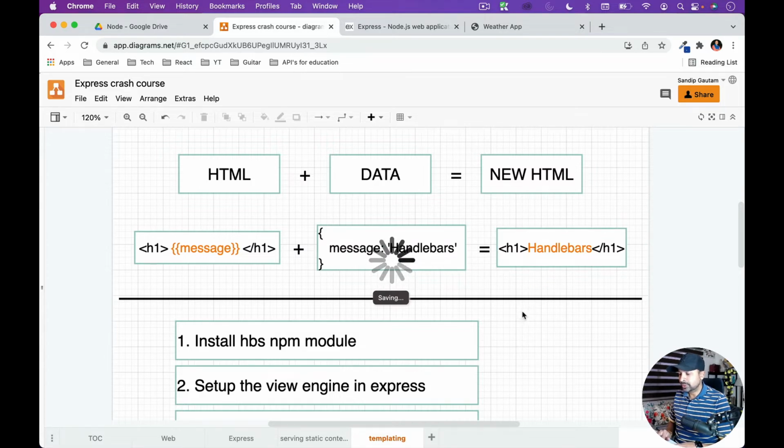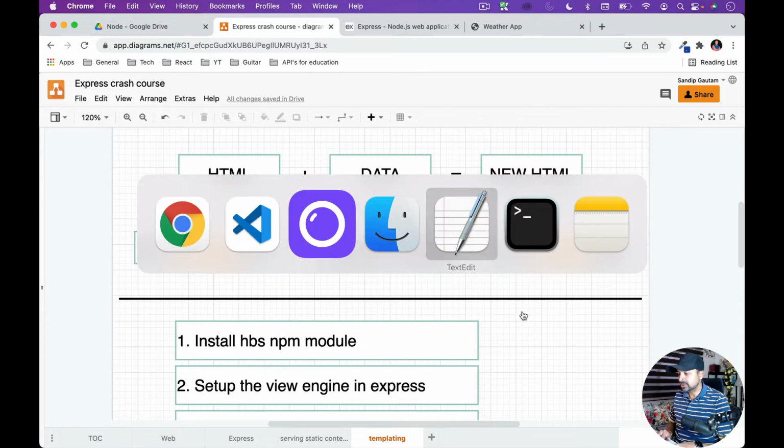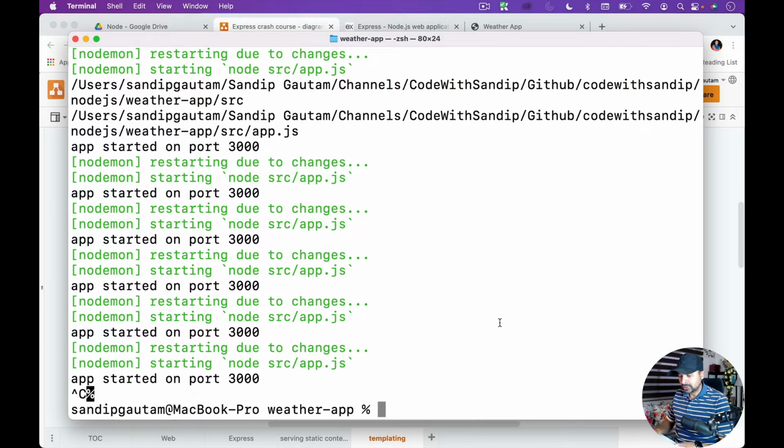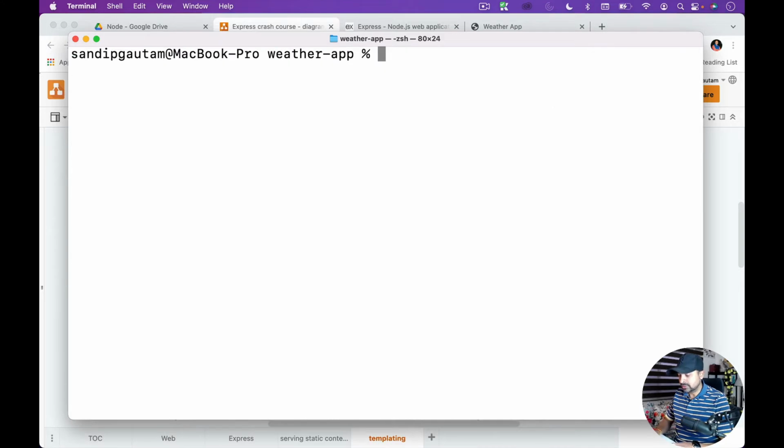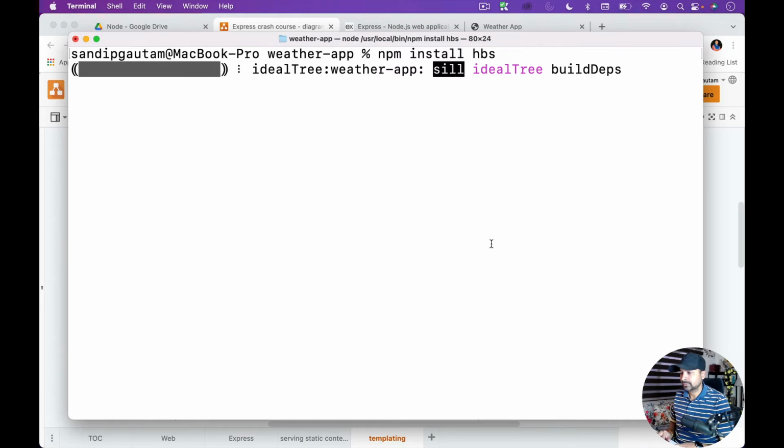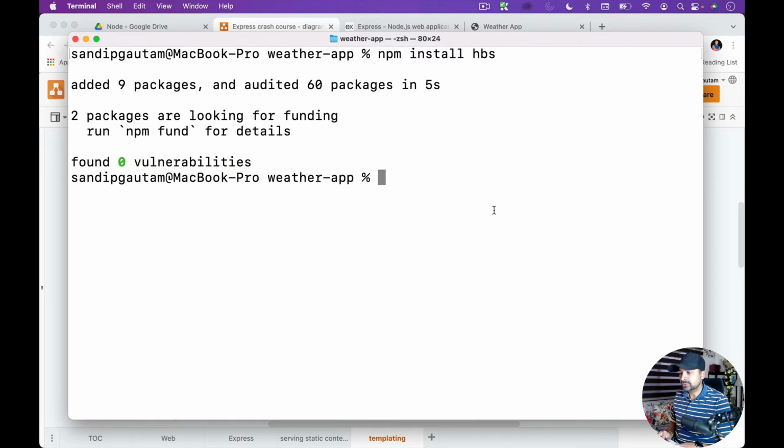So let's jump into our application. First of all, I'll go to the terminal. I'm going to stop my application, clear my console, and first of all, I'm going to run npm install hbs. And I would suggest you go and install the specific version which is present in my package.json file. So you can refer to my package.json file and install that version only. But I'm going to install the latest version, whichever version is available today. So this is going to install HBS, and that was pretty quick. I'm going to clear, and now